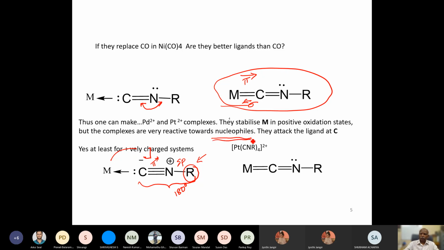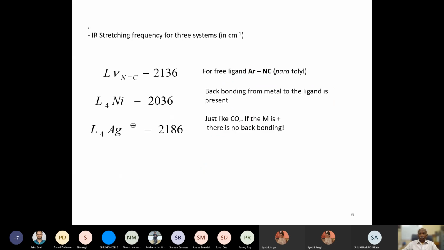other species like amines lead to a reactive ligand. When it is coordinated, it is very reactive. But if you look at the spectroscopy, this ligand is behaving just like carbon monoxide. So you have a neutral RNC stretching frequency around that of carbon monoxide. It's almost like a C triple bond N.